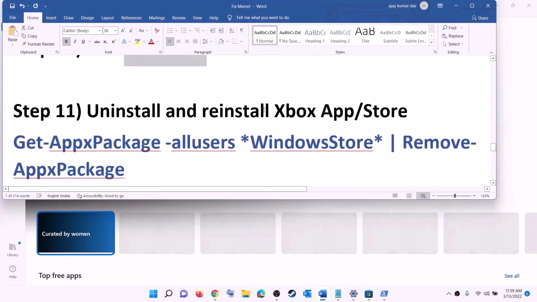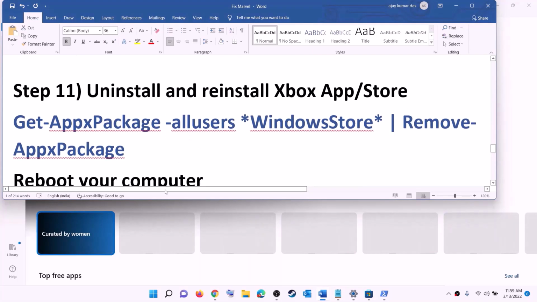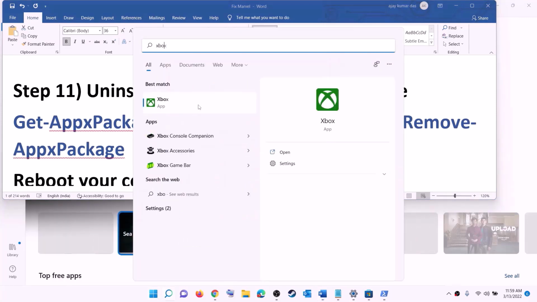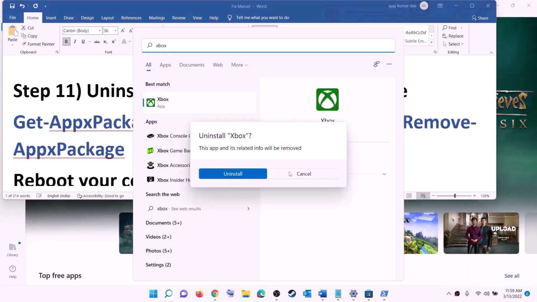Now the next step is to uninstall and reinstall Xbox app in Microsoft Store. So for this, type in Xbox app in Windows search box, make a right click on Xbox app, then click on uninstall. And then again, click on uninstall. And after the uninstall,